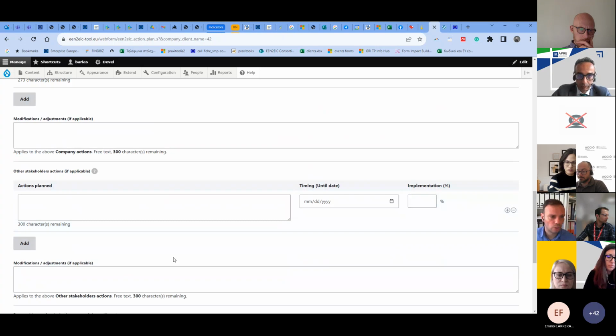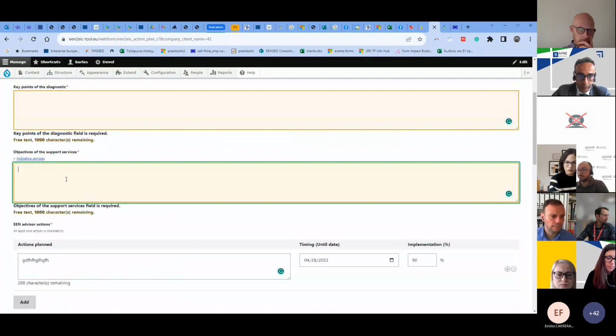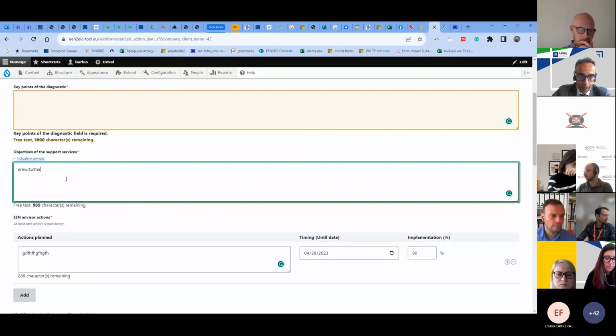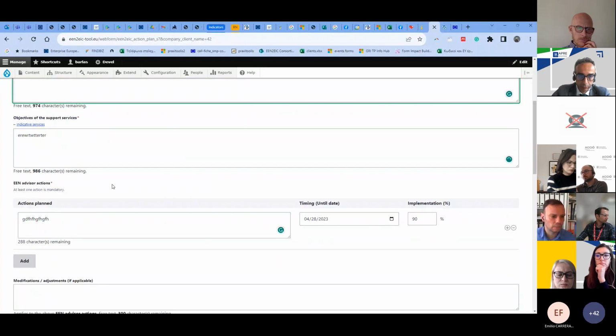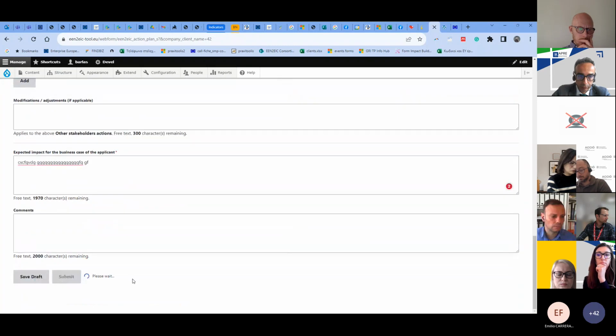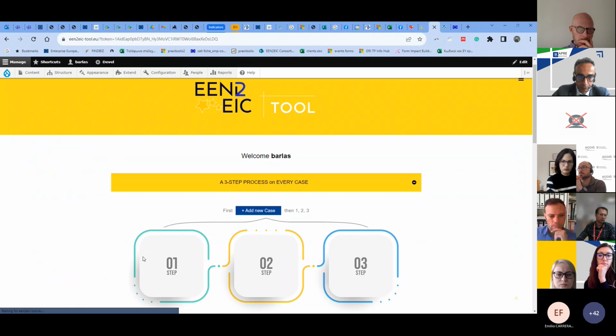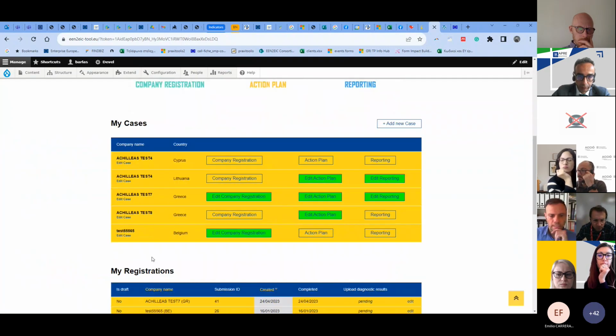Okay, I have forgotten something. Yeah, I didn't write the objectives. Here we are. Okay, so also now you see it's green. You see, I have already finished